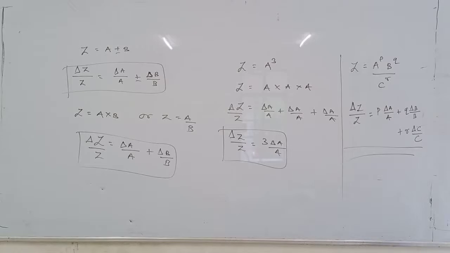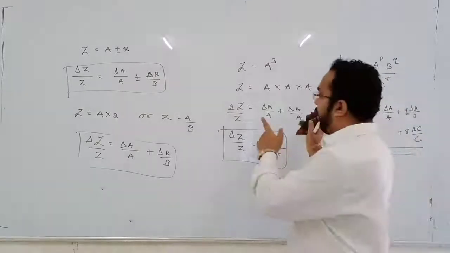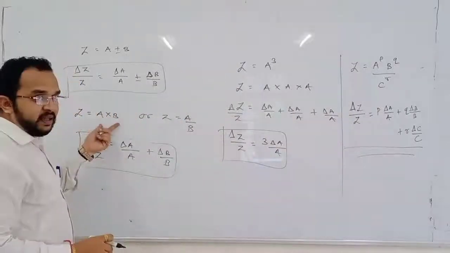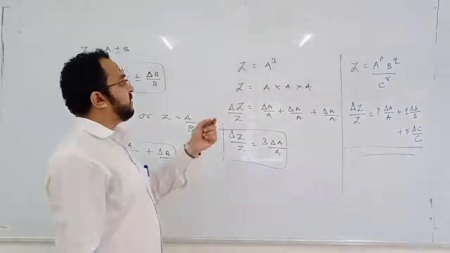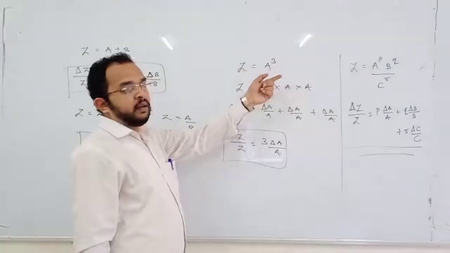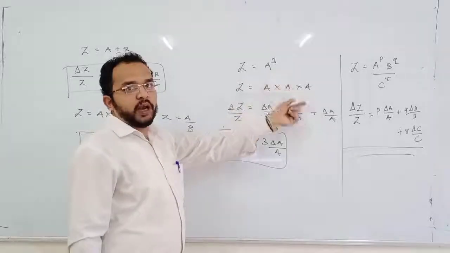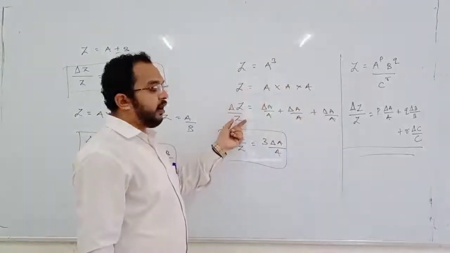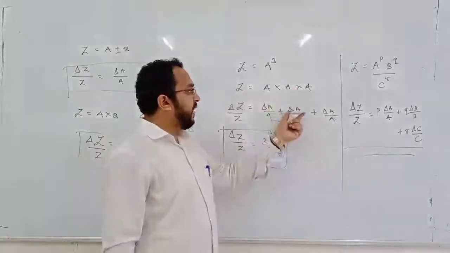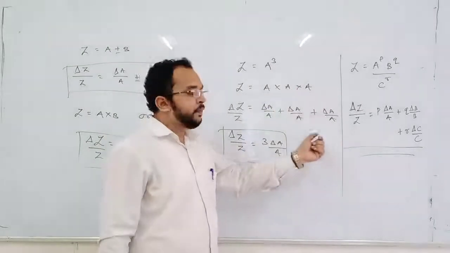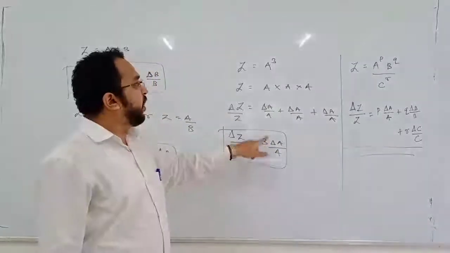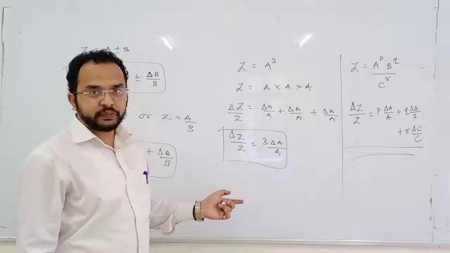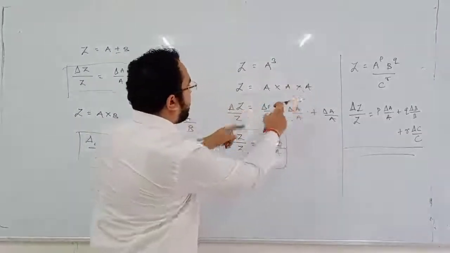So write everything. काय केलं, हे कसं कळलं की p खाली येणार, q खाली येणार, r खाली येणार, इथून कळलं. तर आणखी कुठून कळलं, इथून कळलं. कारण if a into b is there, that means error in z is equal to error in a plus error in b. So that means a cube is there, and a cube can be written as a into a into a. So that can be written as error in z is equal to error in a plus error in a plus error in a. 3 times error, that means 3 times error in a. So हा 3 कुठून आला असेल, हा पॉवर कुठून झालेला असेल, ही सम करायची असेल कुठून कळलं,